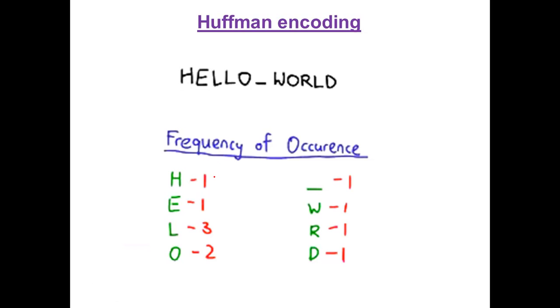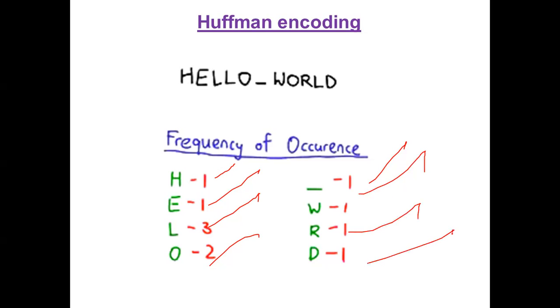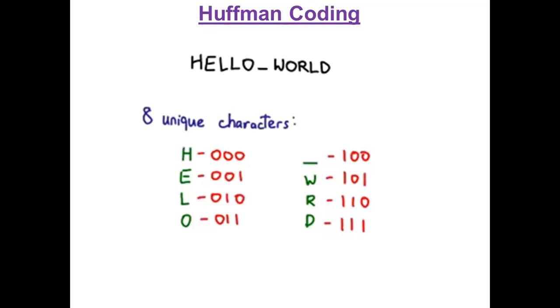So we have H with occurrence of 1, E occurrence of 1, L occurrence of 3, O occurrence of 2, space occurrence of 1, W occurrence of 1, R occurrence of 1, and D occurrence of 1. Next, we'll be writing the